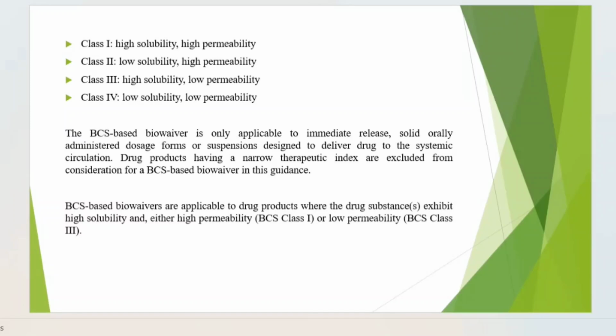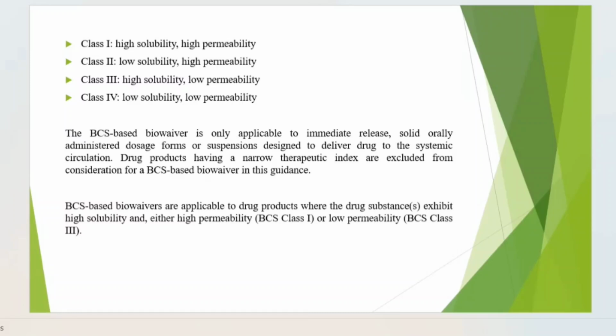So BCS-based biowaivers are applicable to the drug products where the drug substances exhibit high solubility and either high permeability or low permeability. That is BCS class 3. मतलब BCS class 1 और BCS class 3 के लिए biowaiver approach applicable है. अभी I will tell you what is meant by biowaiver. Biowaiver मतलब, अगर suppose जो एपीआई हम फॉर्मुलेशन में यूज कर रहे हैं वो अगर बीसीएस क्लास 1 का है या 3 का है तो हमको